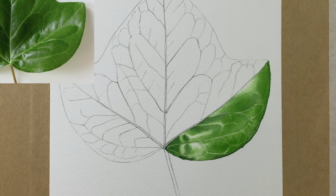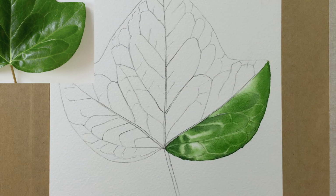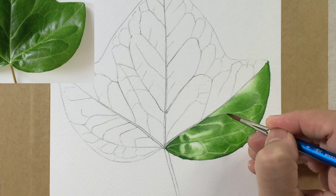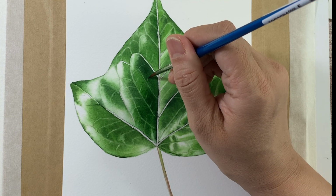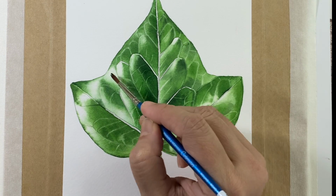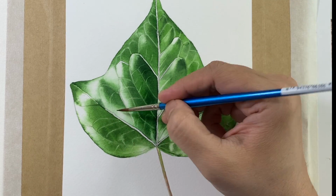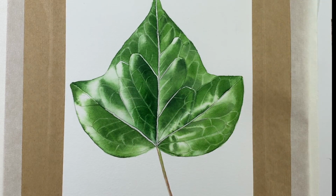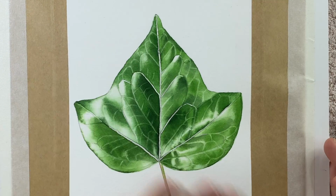So I continue like this in all the sections of the leaf. You can make as many sections as you want. Like this, I went over the entire leaf and left enough highlights. And I leave this to dry. So after my painting is dried,